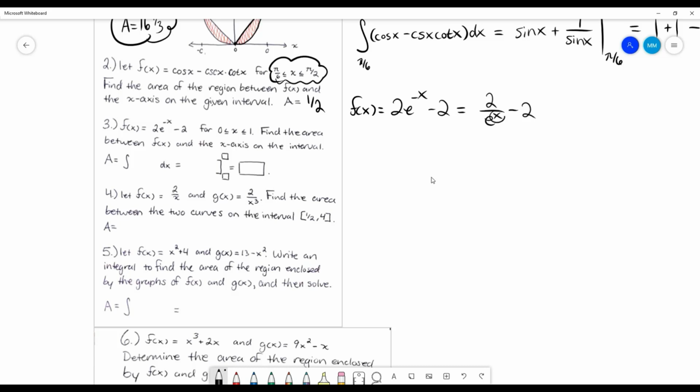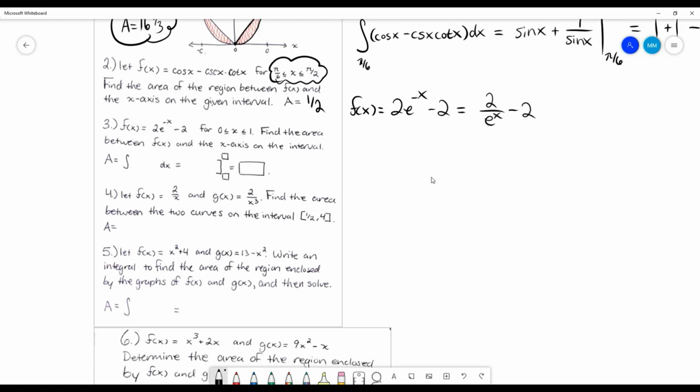If that x is a 0, well, then this is just 2 over 1, so it's 2 minus 2, which equals 0. If that x is anything greater than 0, and it must be within our interval, then this is 2 divided by something. And I know if that's maybe a 1, it's 2 divided by e, and e is like 2 point something. So this is going to be less than 2. Definitely. It's actually going to be less than 1 in that case, which makes this negative. Any point where this x value is greater than 0, this will be less than 2,